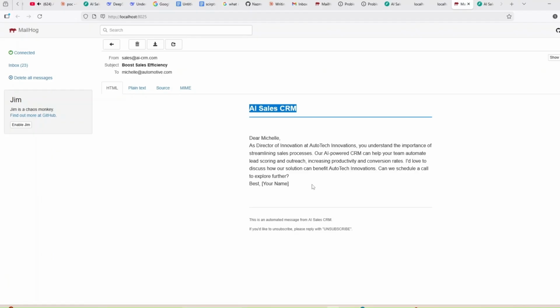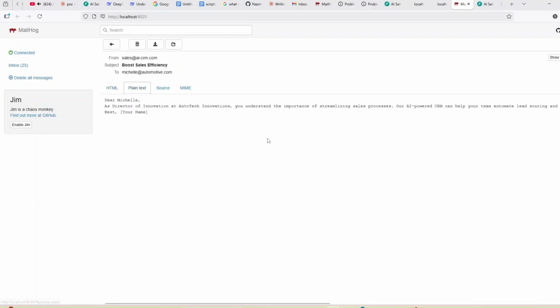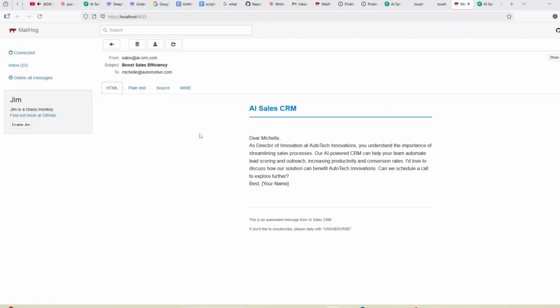The campaign is finished, and as you can see the mail was perfectly sent. Now you can look at the emails generated for our leads. Notice that the subject line is not generic, and the body text references their specific industry and role. The AI realized that this lead was a tech decision maker and adjusted the tone to be more technical. That's the power of persona-based generation. This is the plain text, and I use HTML format so that it looks beautiful when sent to any lead.